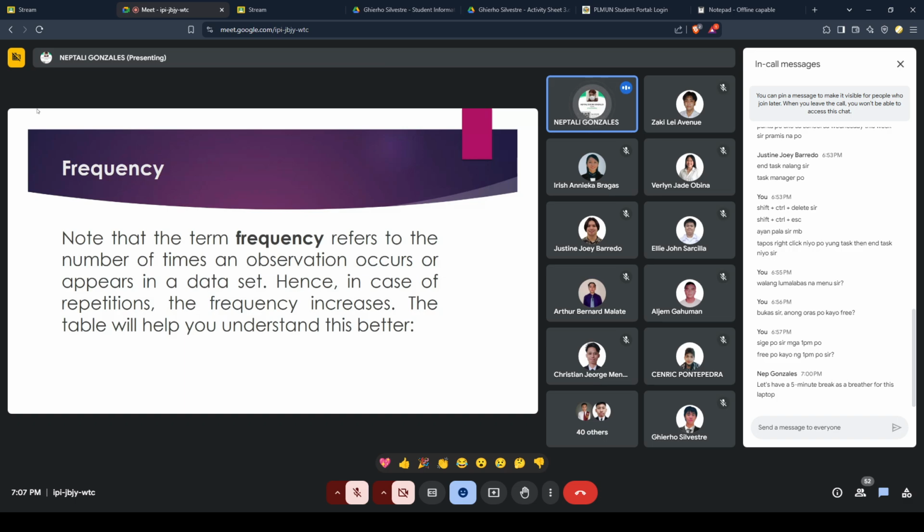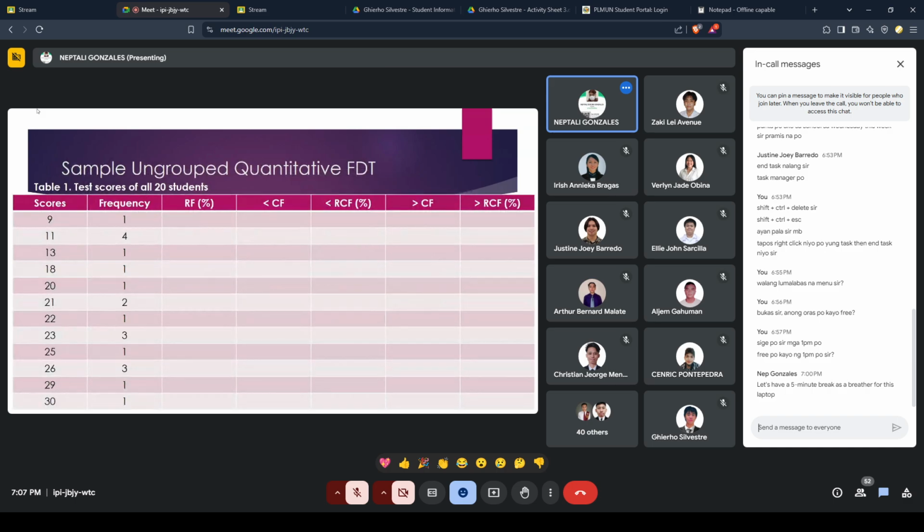So note that the term frequency refers to the number of times an observation occurs or appears in a data set. Hence, in case of repetitions, the frequency increases. So the number of repetitions will tell you the amount of frequency increased, and the table will help you understand this better. So if we are going to count the scores a while ago,